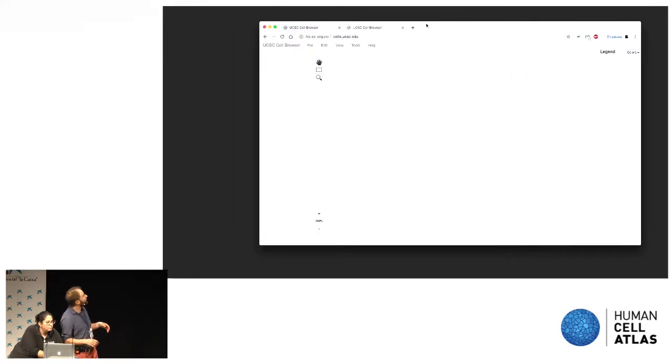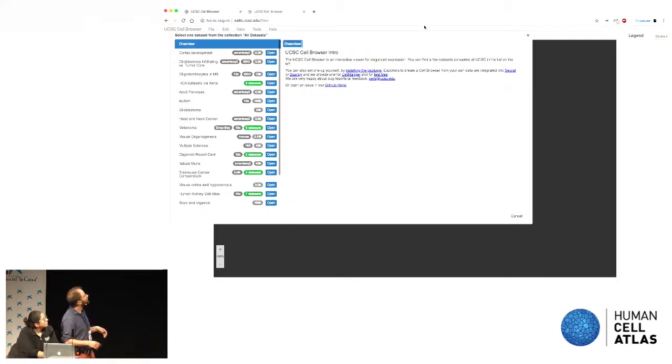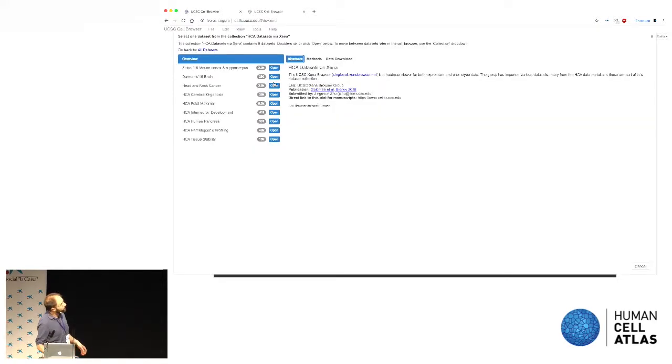Because this is a demo, you go to cells.ucsc.edu, and then you have a list of data sets. There's a list of data sets, and then you can open the HCA part. It's number 4 or something in the list. And then in the HCA collection,